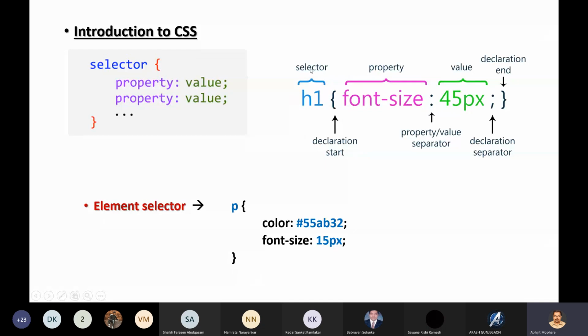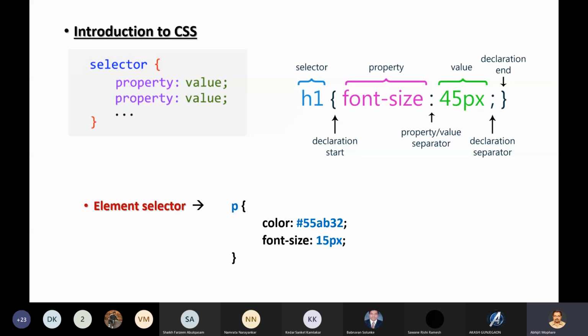You first have the selector, then an opening curly bracket, then a property name, then the property name is separated by a colon, then after that you have a value, then a semicolon, and then a closing curly bracket. So this is similar to the structure that we define in the C language. The only difference is that here you have a colon. This is how it is declared.